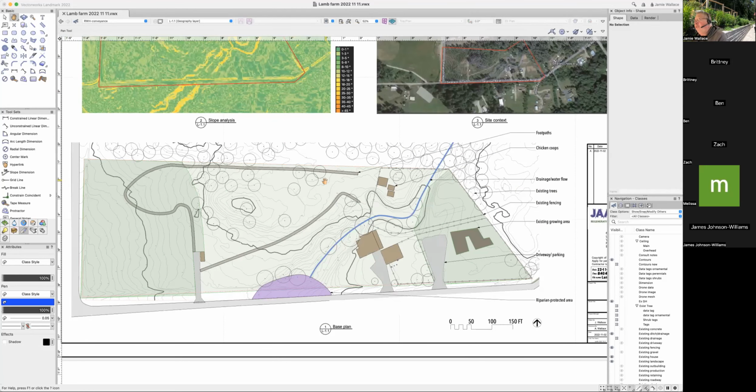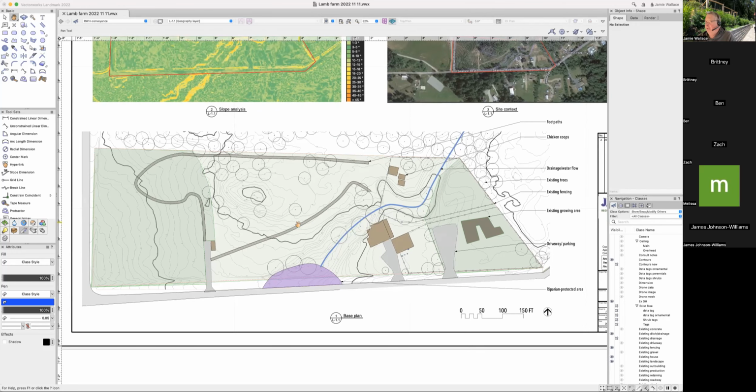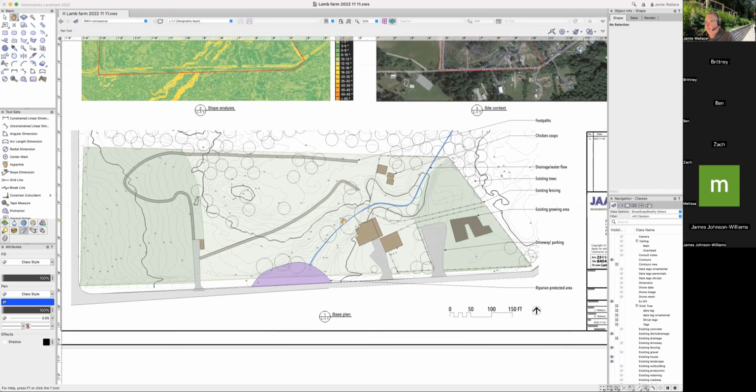It's not very large. It's only about 7 or 8 acres, but they're trying to make a go of taking this ALR land, this agricultural land, and generating some output. It used to be a small butchery, actually. They would process chickens on this site, but they want to put in a food forest and get an orchard going. Anyhow, I won't get into that too deeply here, but this is their base plan that we've started working